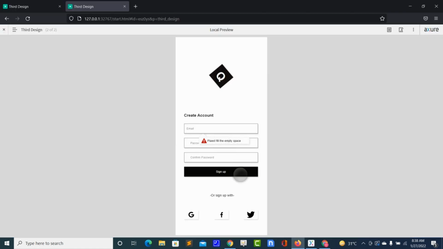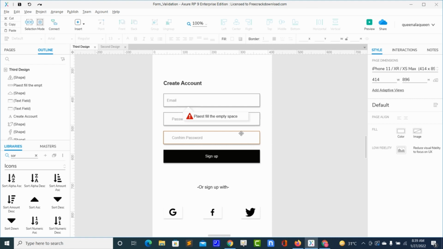When the user clicks the sign up button, the message here will pop up telling them that they should fill in the empty space. So when the user just clicks the button without entering their email, a message should pop up letting them know that they have to fill in the empty space here. So to do it,